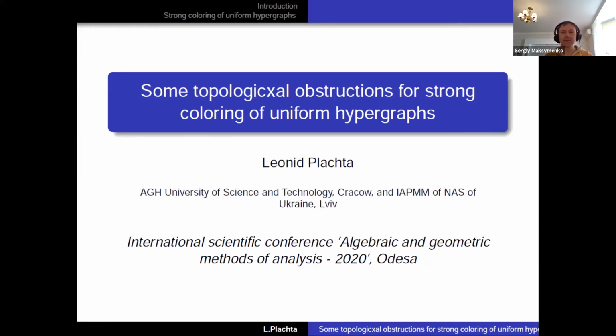I'd like to thank the organizers for giving me the possibility to give a talk. The original problem which I consider here is a more combinatorial problem, the vertex coloring of graphs and hypergraphs. This means that, for a given graph, we label the vertices with some colors in such a way that two adjacent vertices have different colors. So when considering hypergraphs,